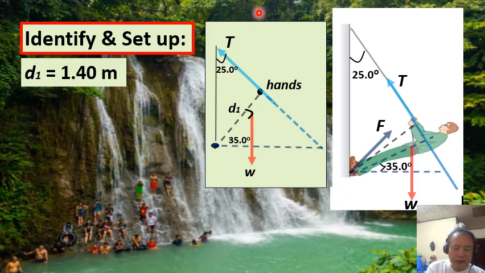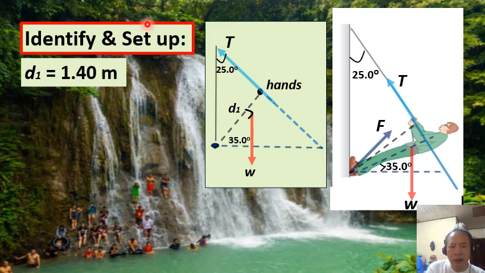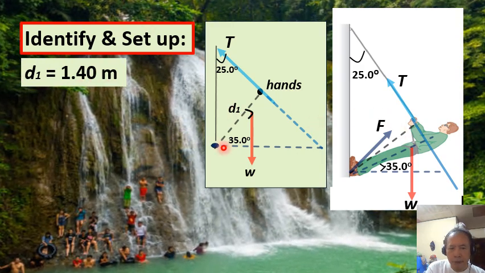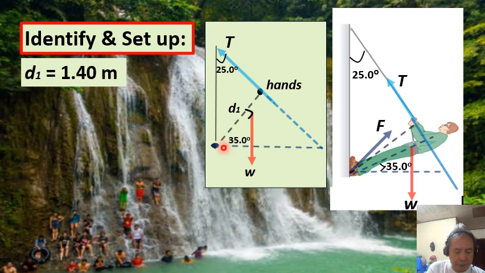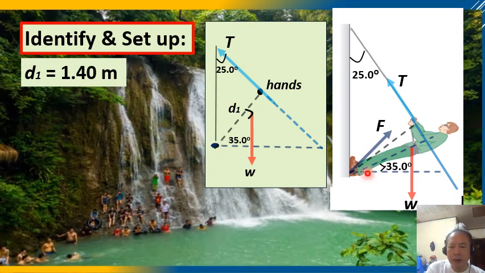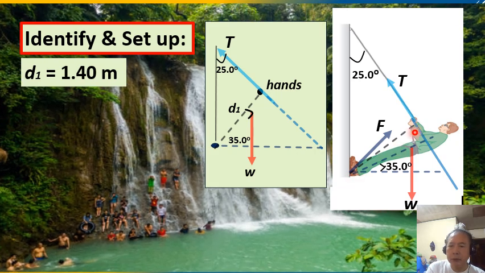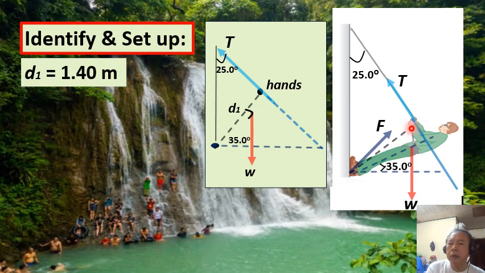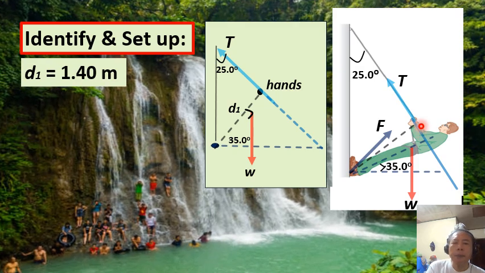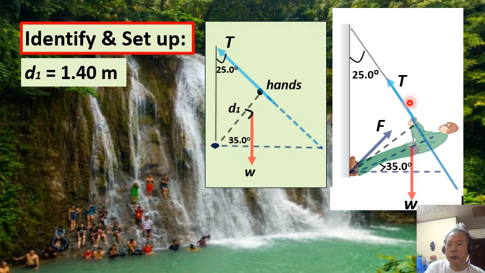We label this distance as D1. Now take note that this distance from the feet of the climber to the point where he holds the rope,